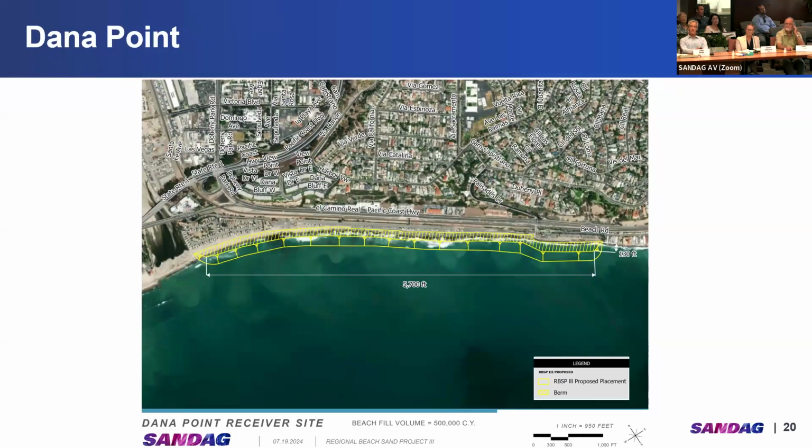So let's go to Orange County now. So in Orange County, we've got several sites. We've got one in Dana Point shown right here. This is Doheny Beach. This extends from the San Juan Creek mouth on the left all the way over through Capistrano Beach, which is an Orange County beach, all the way to a residential neighborhood.